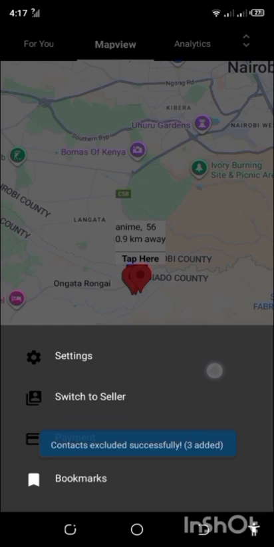And then there are bookmarks. So we already spoke about bookmarks. Now you can